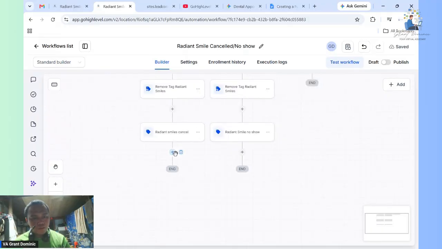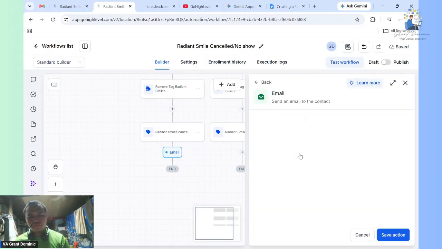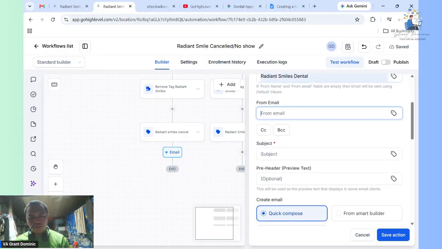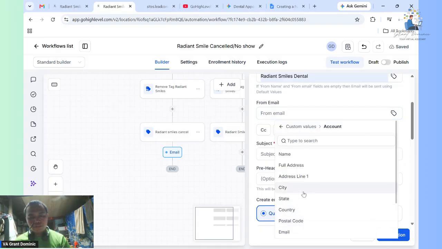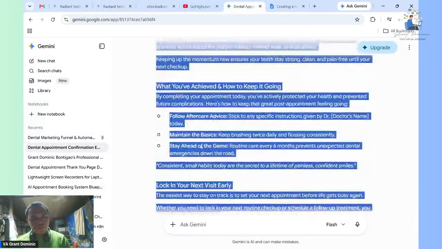And after that, we will send them an email. Send email to patient. Radiant Smiles Dental from email. Let me select the account and the email. Subject. Already been created here.